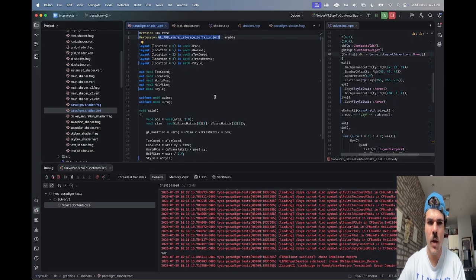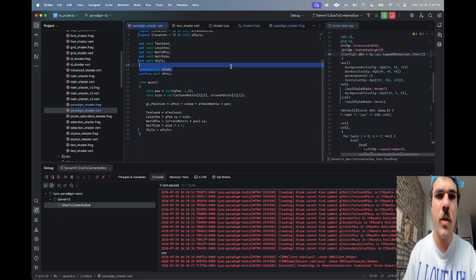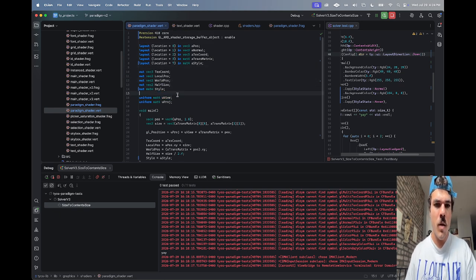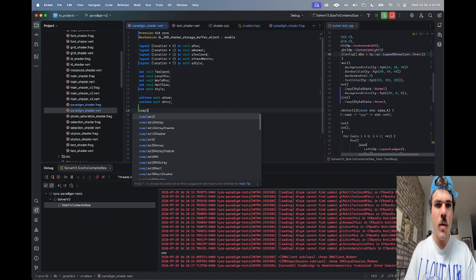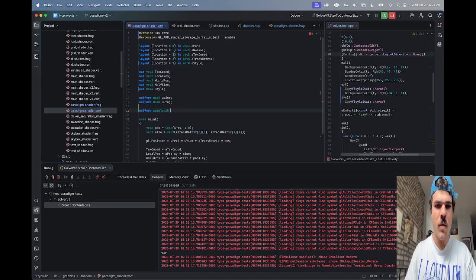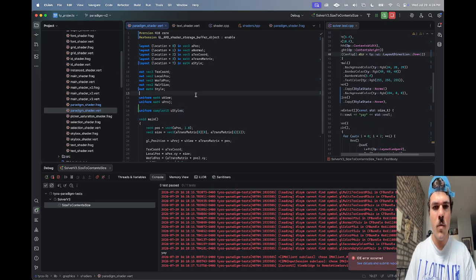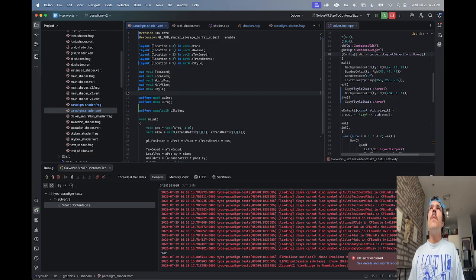I think I'm just gonna write a texture. I mean, this is just insane. Alright, so we can do something like uniform sampler1D use styles. Okay. So